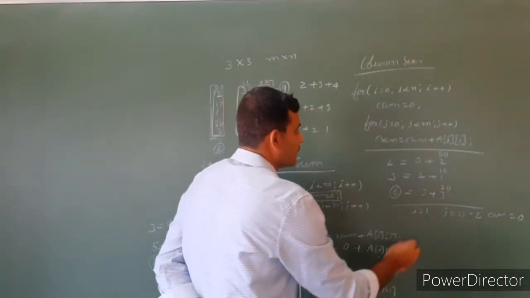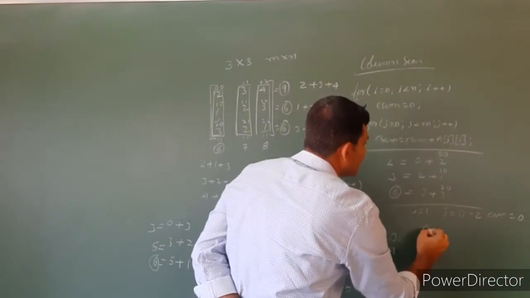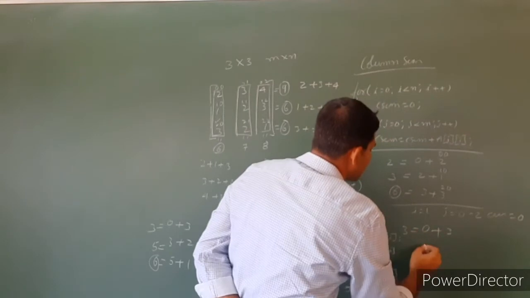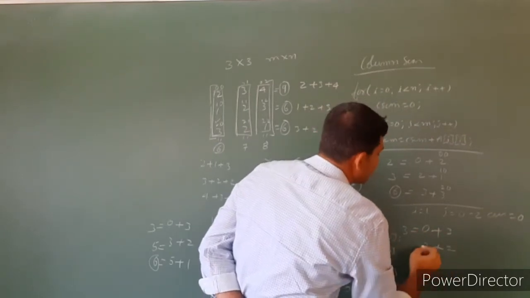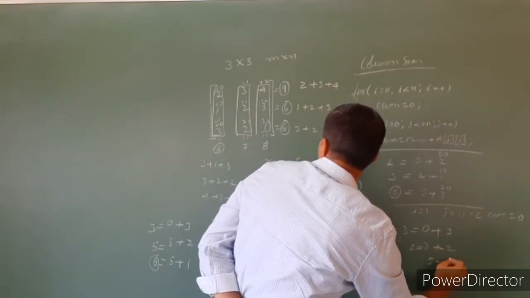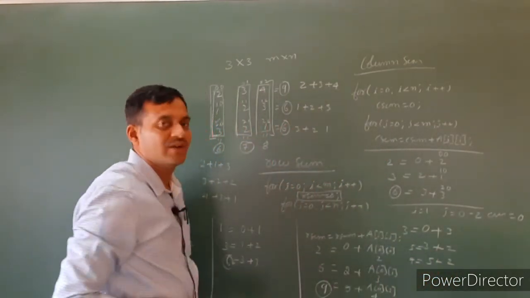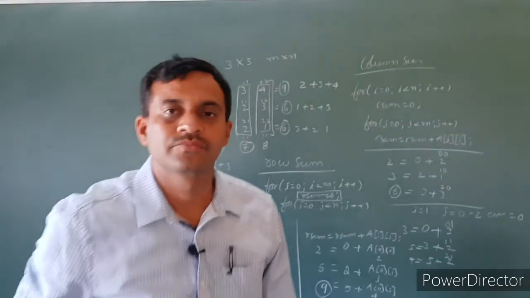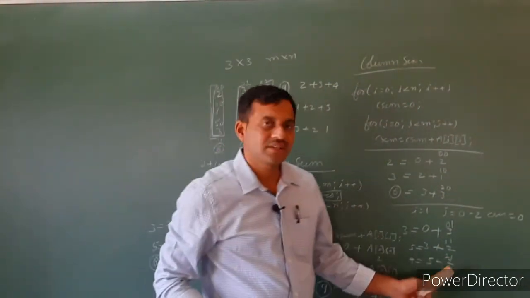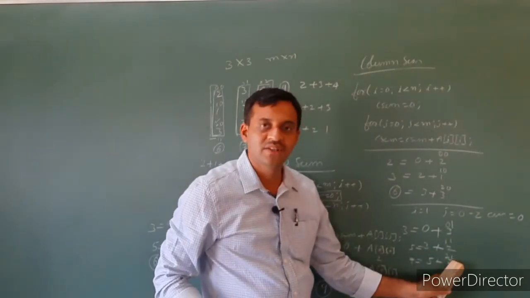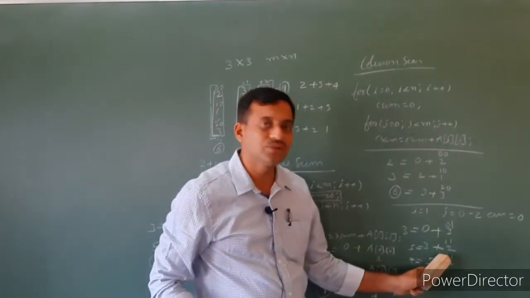Again trace the program. Initially C sum becomes 0, then plus it accesses the next element 3, the answer is 3. Next one is 3 plus 2, answer is 5. 5 plus 2, the answer is 7. So this is the answer 7. What is the index value of 3 here? See here example, say I value remains the same, see 1, 1, 1, then j value varies from 0 to 2.